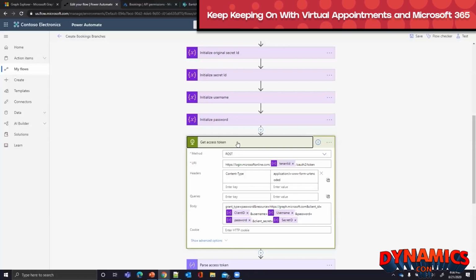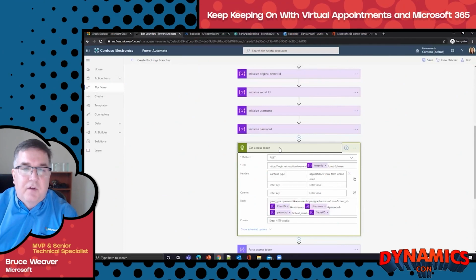But basically, before you can make any call to add a new bookings calendar or to update a member or to read a member, before you can do any of that inside of a flow, you need to get permission to do it inside of the flow. So you have to authenticate to the Microsoft Graph, and you have to supply credentials, and you have to have permissions to be able to execute these capabilities. And so this is the call, if you will.